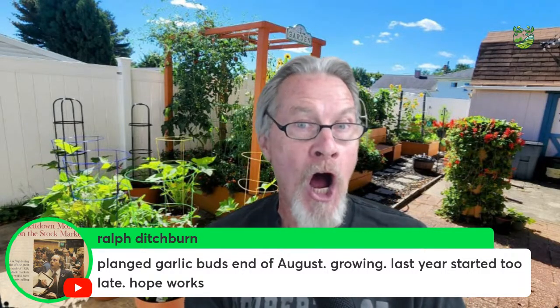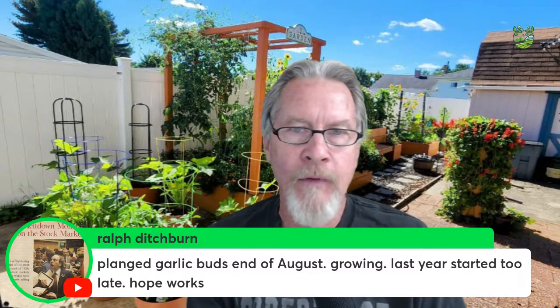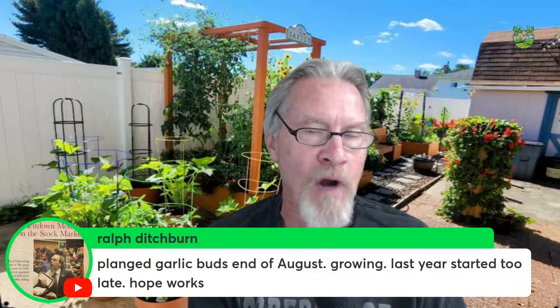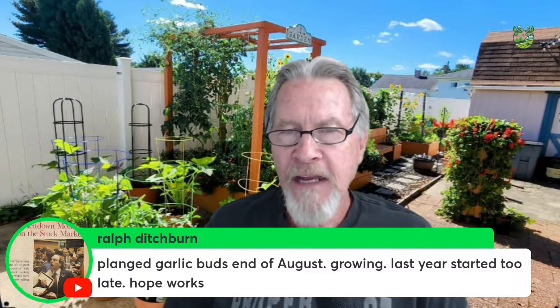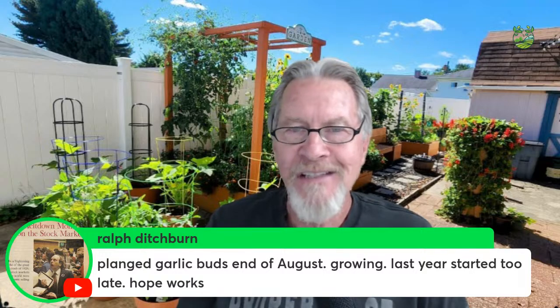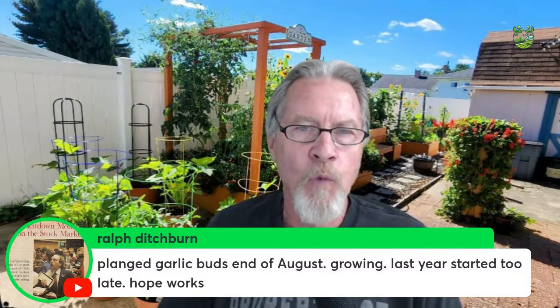Then when it gets hot, moving into summer, the plant is done. The leaves start to turn brown, and that's when you harvest the garlic. So garlic has a very distinctive life cycle that is about 9 months long, depending on where you live and what